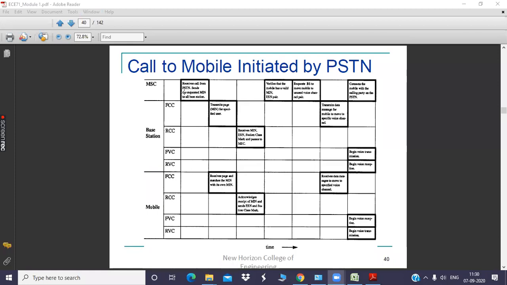Okay, what is it doing? First step is the PSTN will initiate the call. He will send some sort of MIN to this MSC. The MSC will check that MIN and it will forward to the corresponding base station. Base station will identify the user, and he will send that MIN to the respective mobile user. The mobile user will cross verify his own MIN with the MIN that has been sent by the base station. If it matches, it means it is confirmed that that particular call is intended for that particular mobile user. Clear? These two time slots, is it clear for you? Any doubts? The first two time slots.